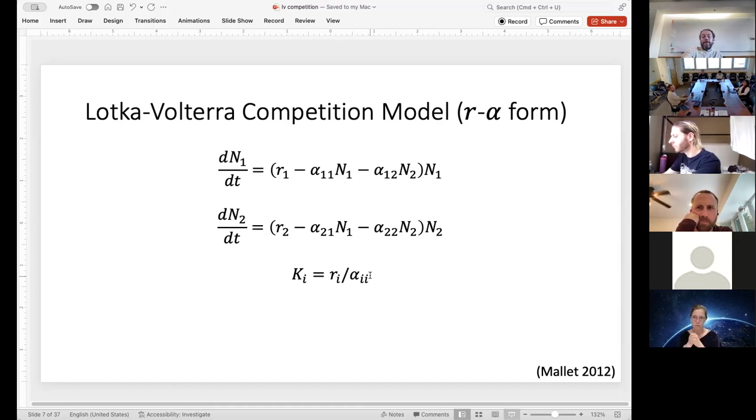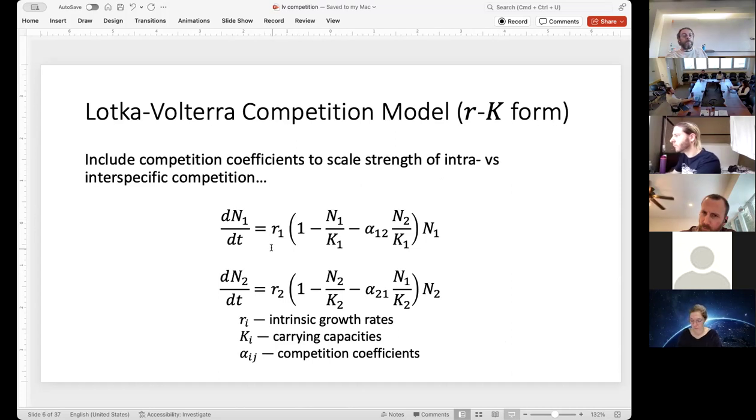Why use this form? There's a paper by Jim Mallett, 2012. It's like 30, 40 pages long, and it's all about different forms of the logistic equation and, by extension, Lotka-Volterra competition equations. How can you write a 30 or 40 page paper on that topic? But it's really good, super interesting. Check it out. So one of the advantages of this form over this one is a little bit weird